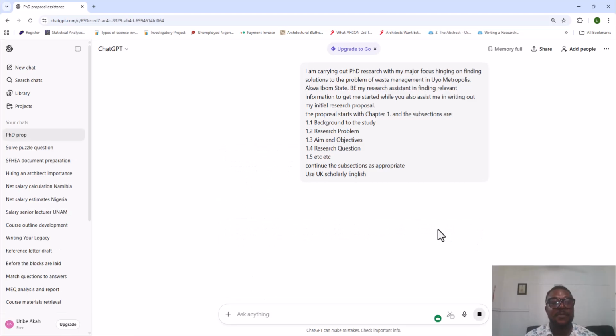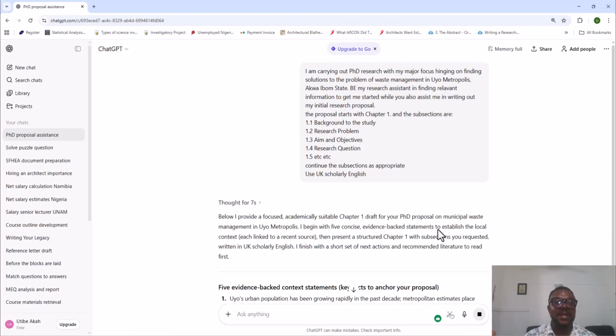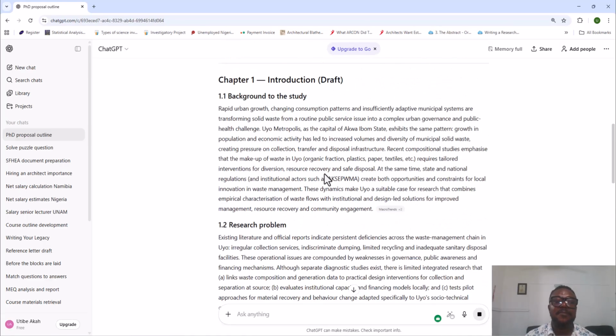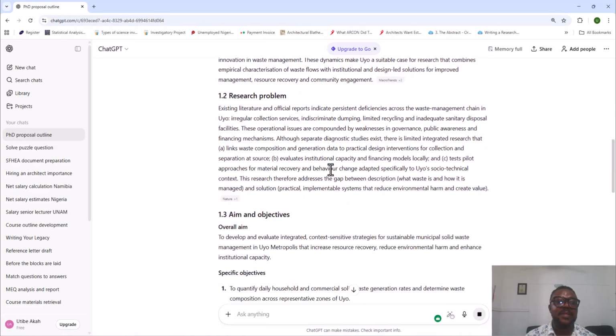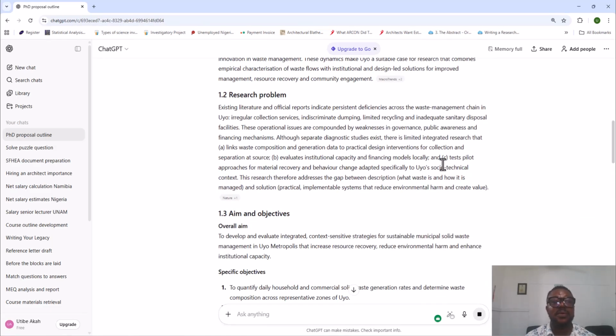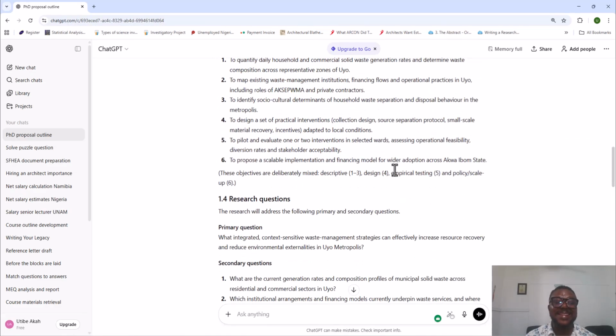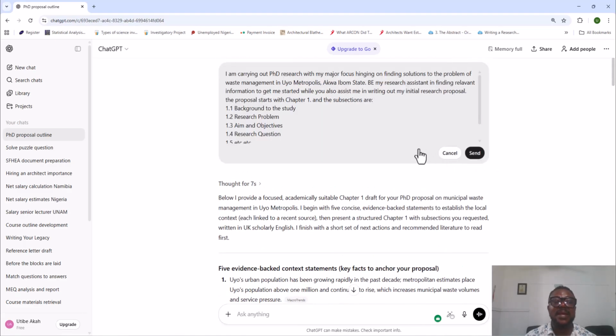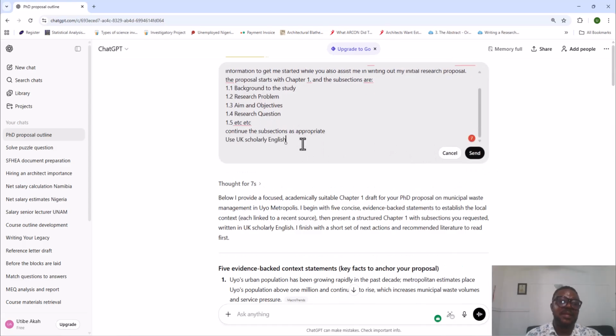All right, and the information is coming up. What next do we need with this? We are going to verify the level of this that is AI, so that we can continue. All right, we have some information here, and there's something that was not introduced in this work. We didn't ask it to provide in-text citation. So I will go back to my prompt and edit it and say, after saying use UK scholarly English, and provide